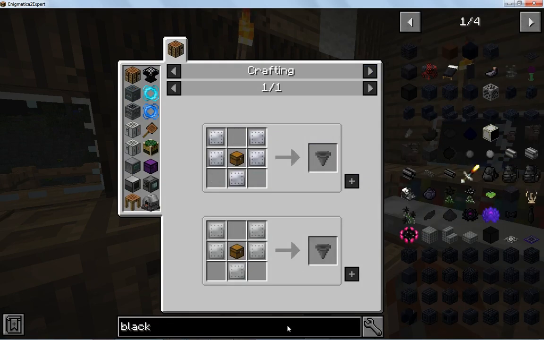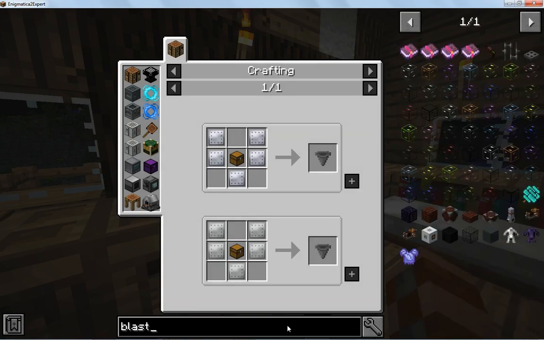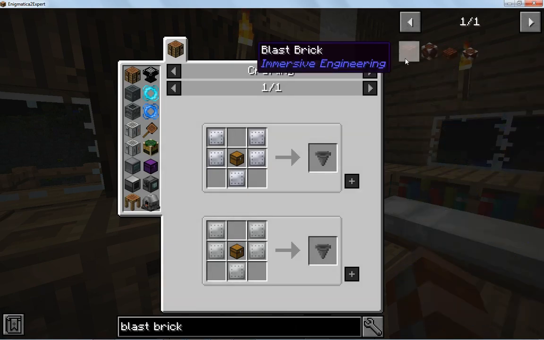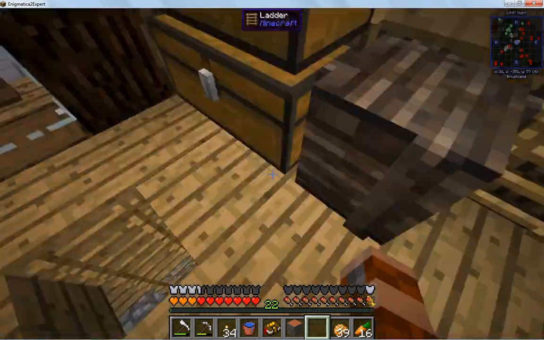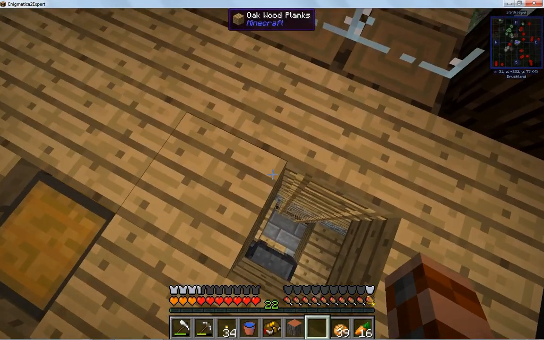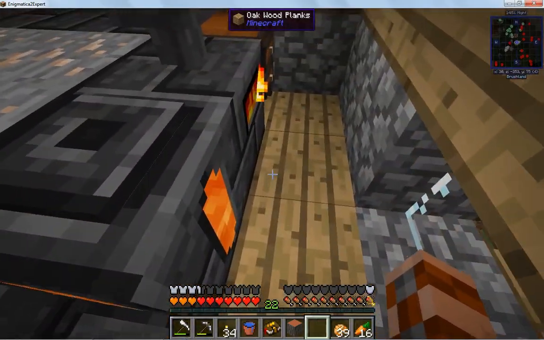What about the blast bricks? That requires blaze powder and nether brick. Okay, so that's not available till the nether, really. We have that electrical steel. I'm wondering...